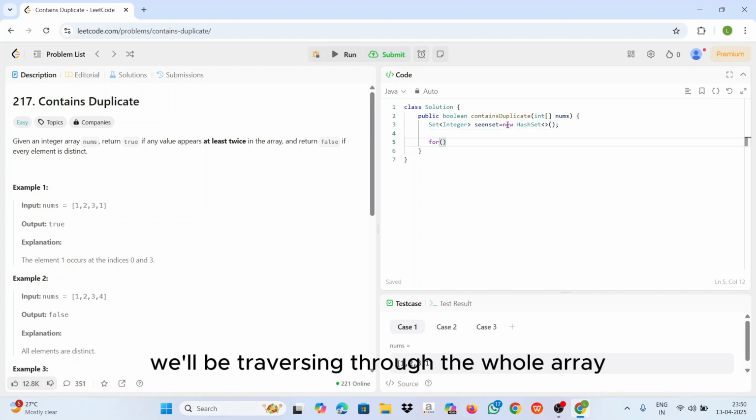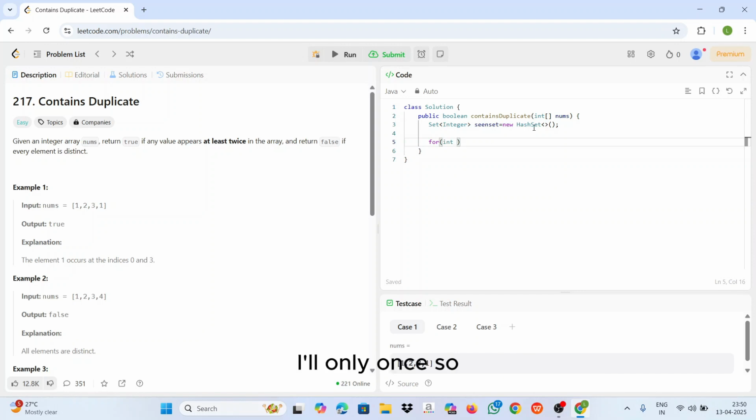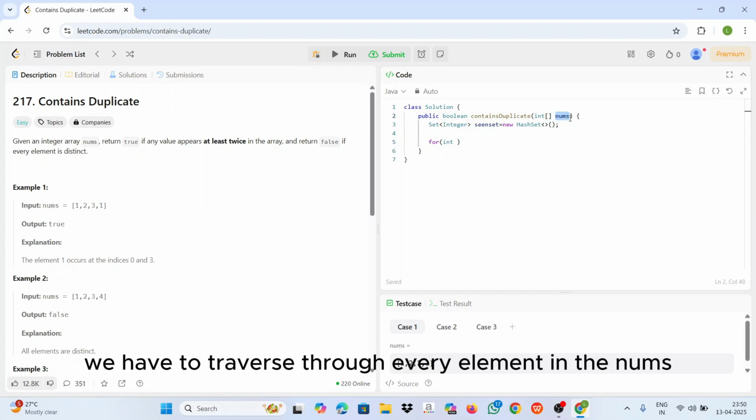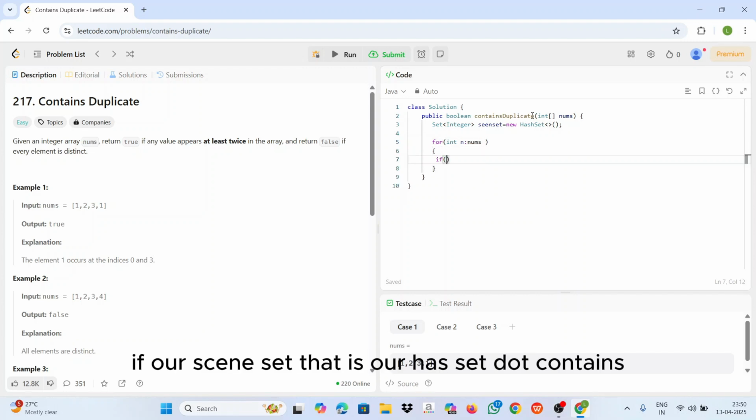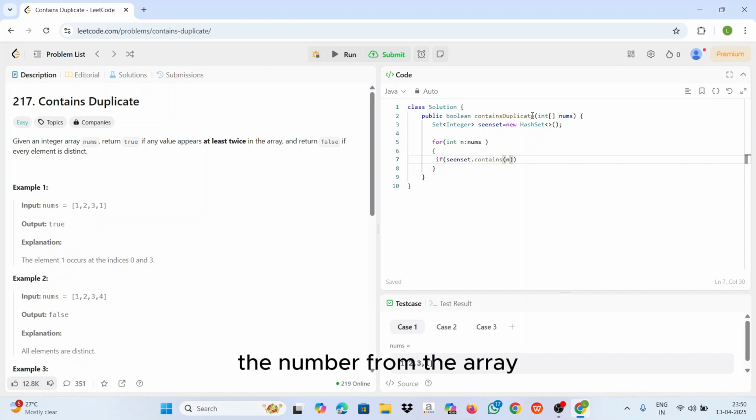As I mentioned, we will be traversing the whole array only once. So we have to traverse through every element in nums. So let's treat every number in the nums. And what do we check for? If our seen set, that is our hash set, dot contains the number from the array, we'll just return true.